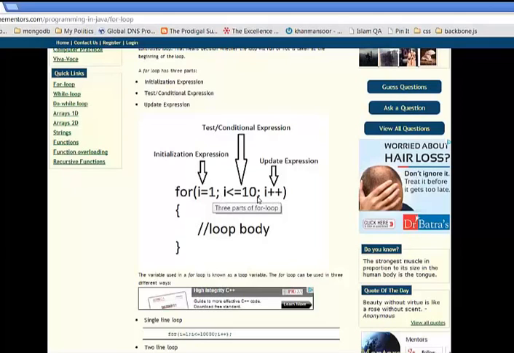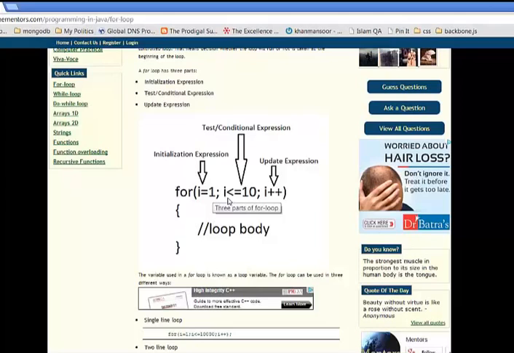Now these two semicolons here, they divide the loop into three parts. The first part of which is the initialization expression. Here, let me tell you something about this i variable. This is known as the loop variable. Now we initialize the loop variable with the initial value here, and that is why this is called initialization expression. We are setting the value of i as 1 initially. That means the first time the value of i will be 1 when you use it inside this loop.